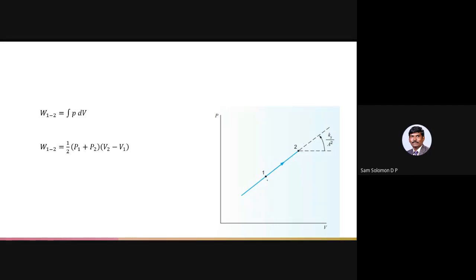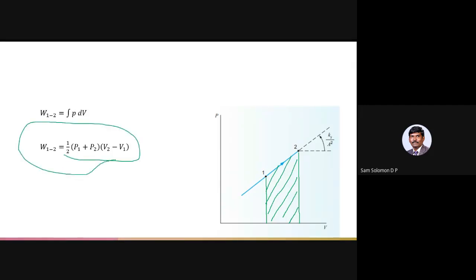Okay, and I have told you, in a PV diagram, if you want to find the work, you have to find the area under the curve. Okay, so area under the curve is this region for this particular PV diagram. Because it is of the form Y equal to mx plus C, I know that it is a linear line, so this is the area under the curve. So how to find the area under this particular curve? You can see that this is the final relation I am getting, half into P1 plus P2 into V2 minus V1. How do I get this?